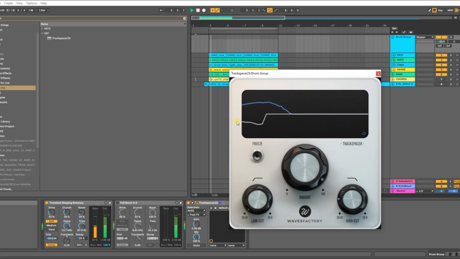So you can see here that I'm just affecting the low frequencies. I'm getting the low frequencies away from each other. But you could just freeze that. It's just fairly constant in terms of its signal and saving your CPU. But another thing I want to show you is if you